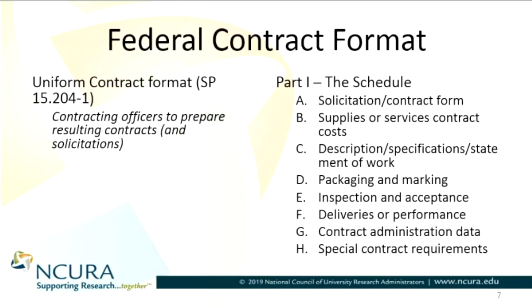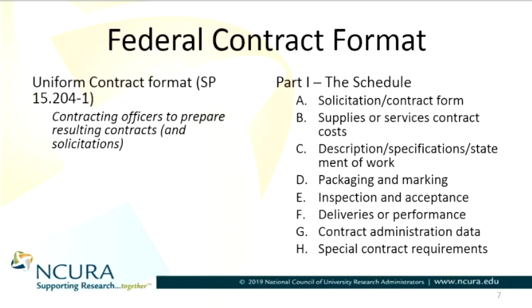The packaging and marking, pretty self-explanatory. This includes specific instructions for packaging, labeling, any identification methodology that you need for that particular work. E, inspection and acceptance, the criteria for what would be an accepted form or accepted methodology to prove quality during an inspection. You could place your delivery methodology here, or you could also put it in section F, which is